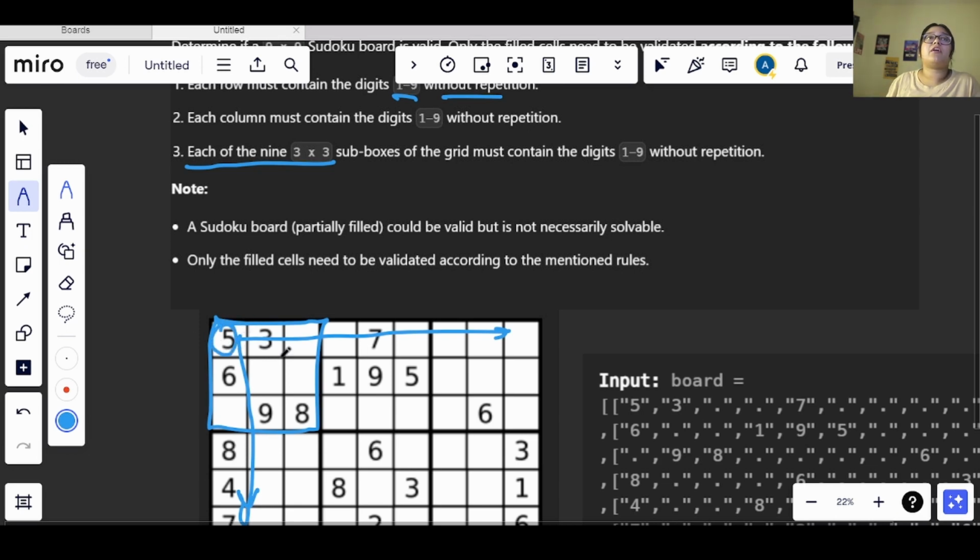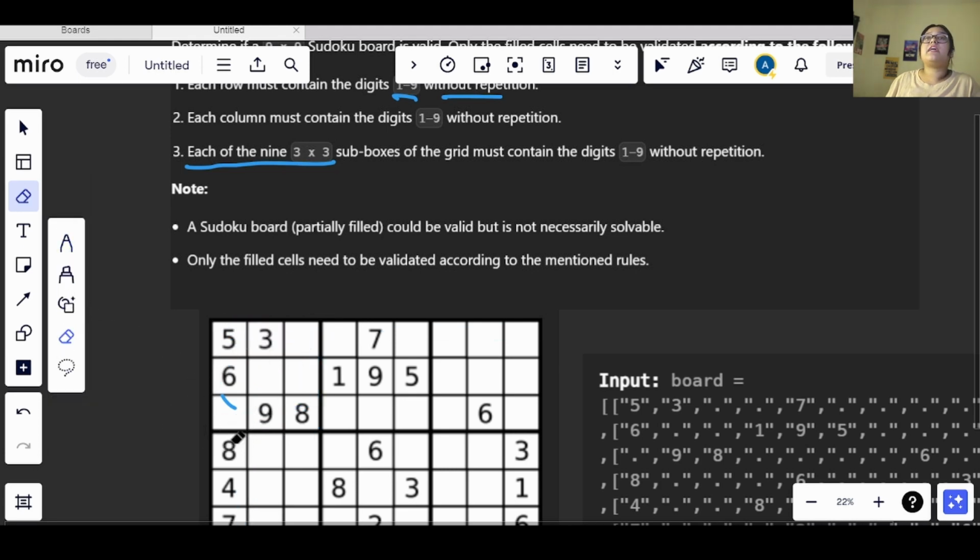Like we have 5 here, so we will be checking in this entire 3 by 3 matrix that 5 is present or not. If it is not present, then the presence of 5 is valid, and then we will move forward, okay. So this is what we have to do, okay.